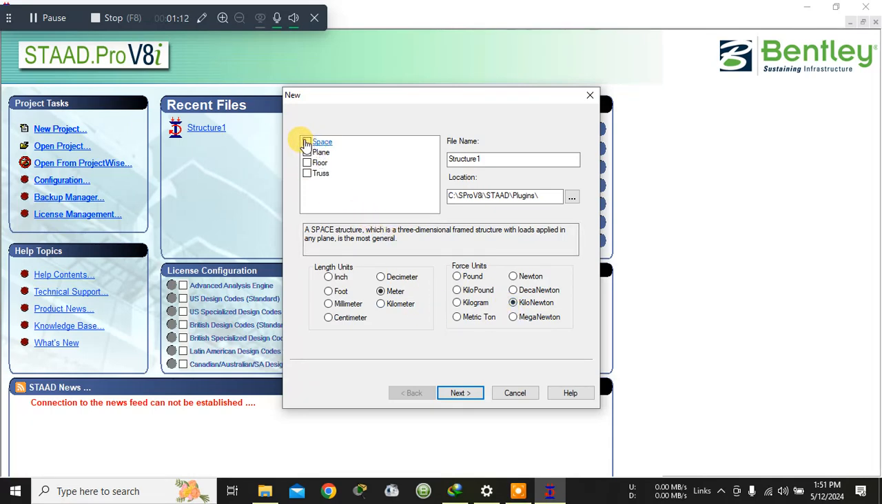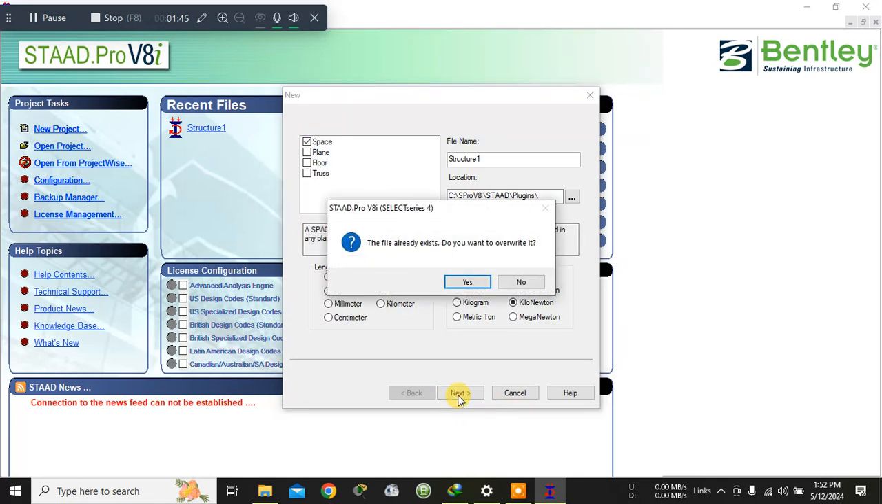Then here these are the various boxes which I can select, like space, plane means 2D. If I select space, a space is a structure which is a three-dimensional frame with load applied, means in the space we will be creating a 3D structure. In plane, a 2D structure only in x and y coordinates. A floor, I hope it's clear to all of you what is a floor and truss. So I will be selecting space, then next,